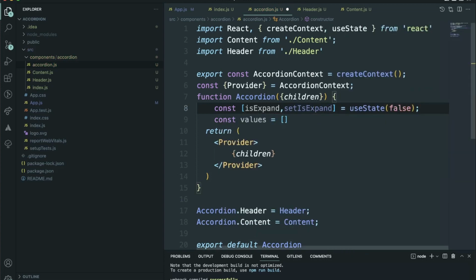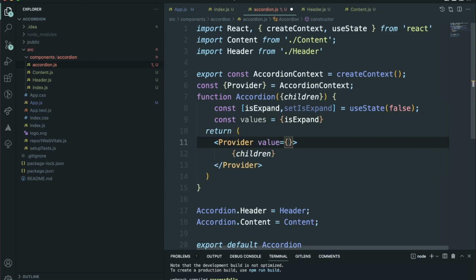By default it is going to be false. And over here what we are going to do is pass these values like isExpand inside this provider as a value, so that we can grab this in our